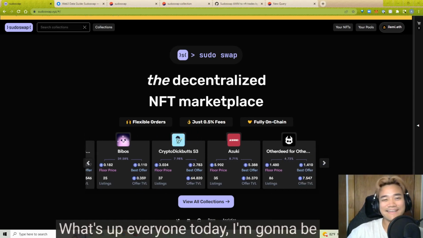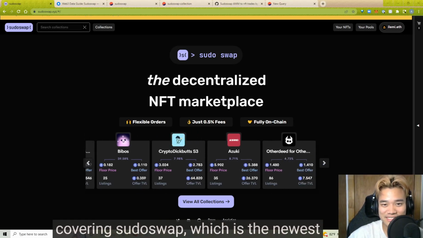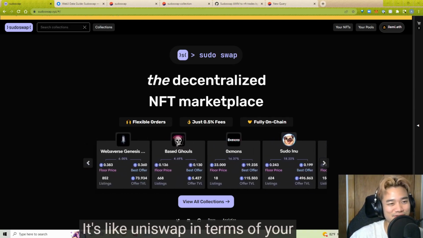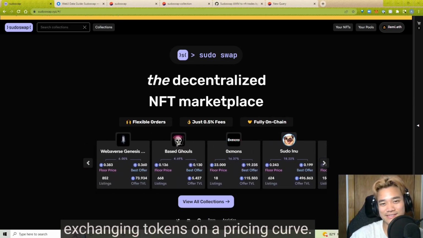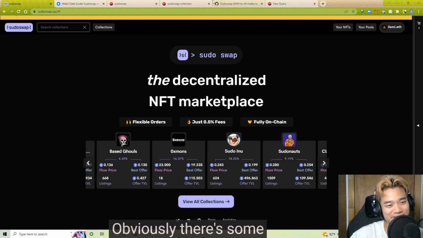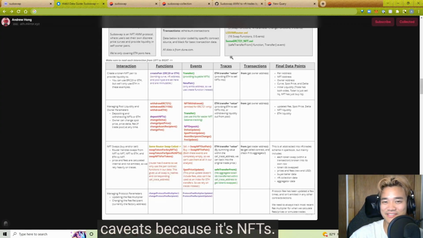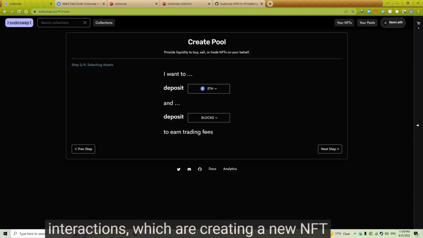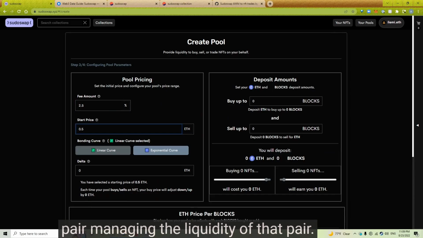What's up, everyone? Today I'm going to be covering Sudoswap, which is the newest NFT AMM marketplace on the block. It's like Uniswap in terms of you're exchanging tokens on a pricing curve. Obviously, there's some caveats because it's NFTs. I'm going to be covering the main protocol interactions, which are creating a new NFT ETH pair, managing the liquidity